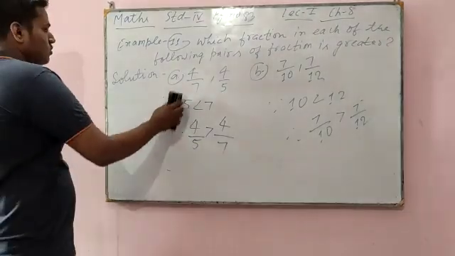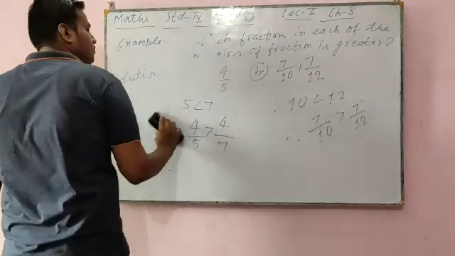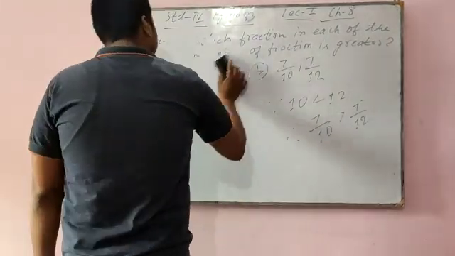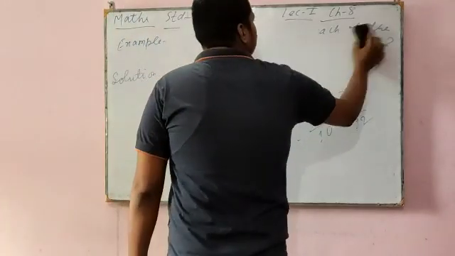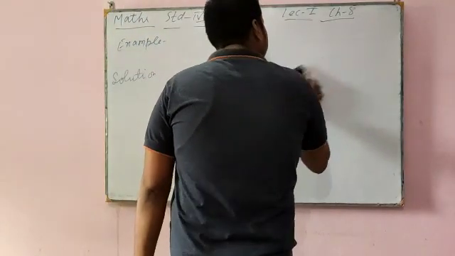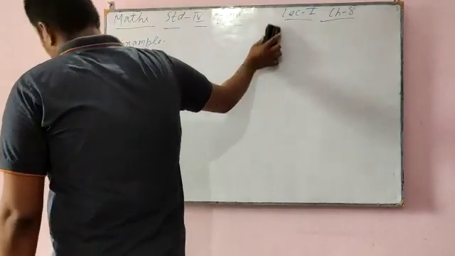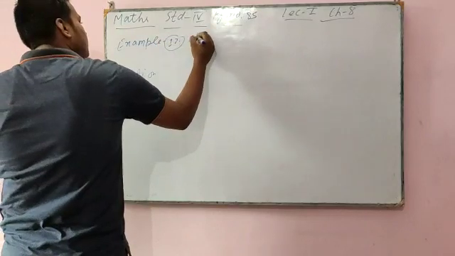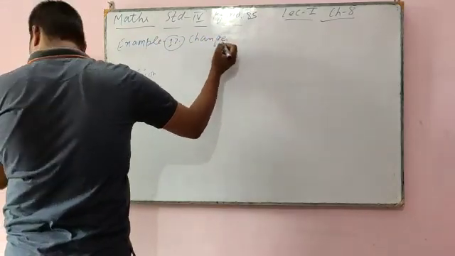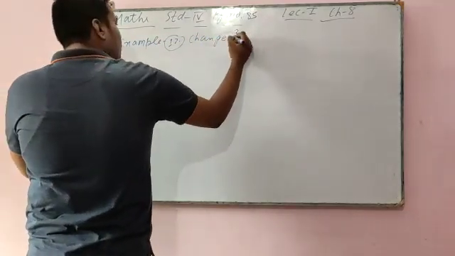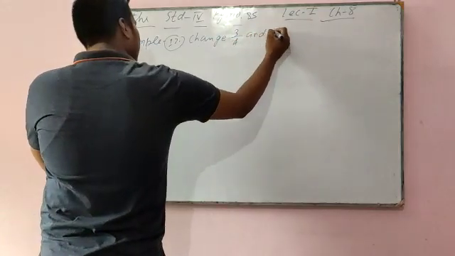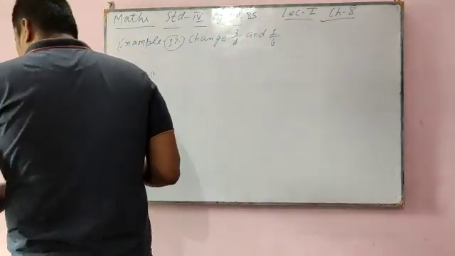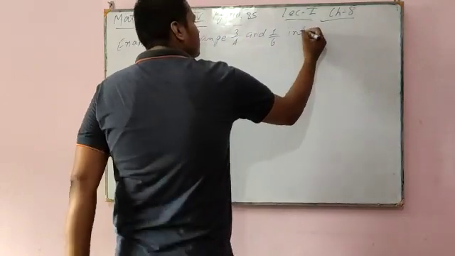Now come to example number 12, page number 85. Change 3 by 4 and 1 by 6 into equivalent fractions